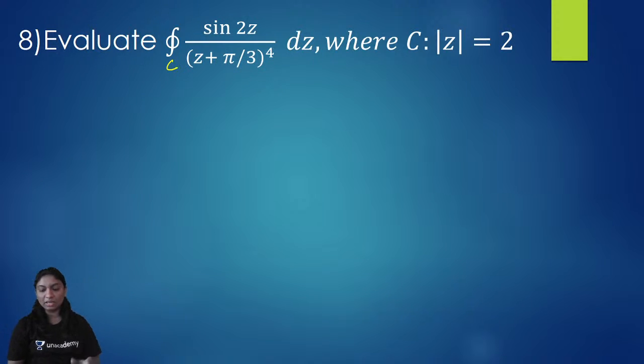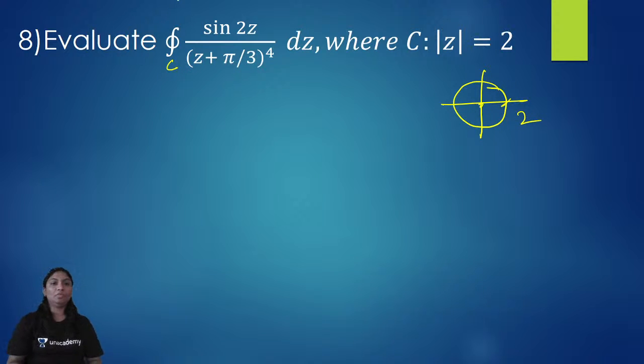In this session we will see how to evaluate complex integration. We have already studied Cauchy's residue theorem, but if a finite number of poles are there, then it is very easy to use the Cauchy's residue theorem. And if finite poles are not there, then we use Cauchy's integral formula. So here mod z is equal to 2, the circle with center at (0, 0) and radius 2. Now we will check whether